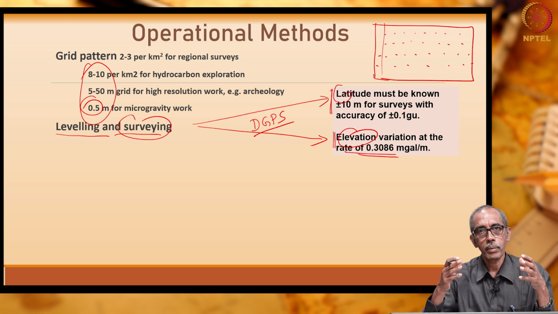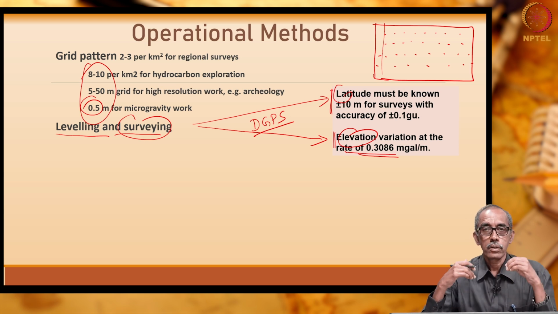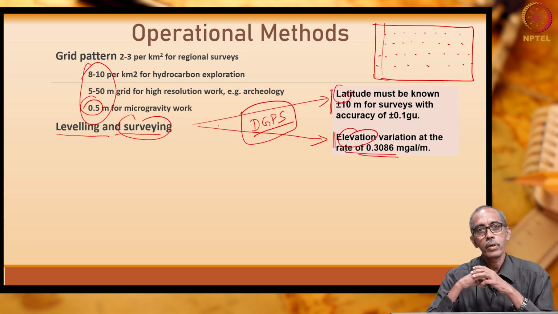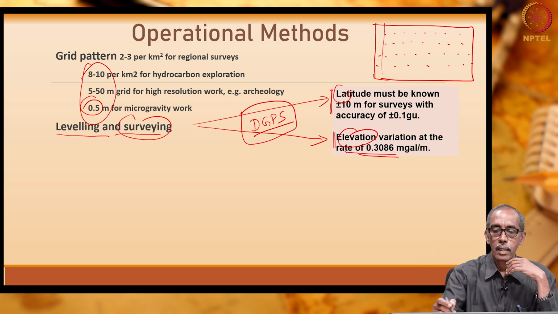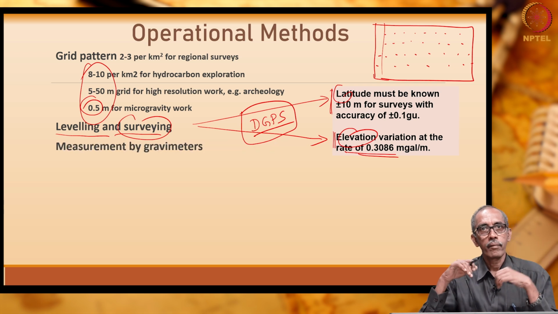Rest of it, the instrument automatically carries out leveling, or it is able to correct the readings for inaccuracy in our leveling. So much advanced. The time spent by us for surveying was much higher in those days, but today, thanks to differential global positioning system, we are also able to quickly determine the latitude and elevation with the highest accuracy using DGPS.